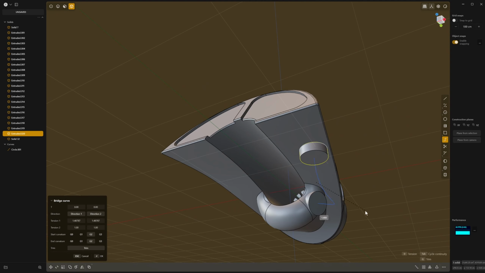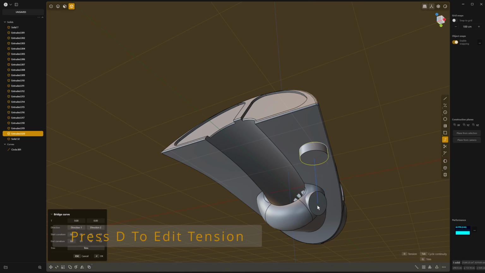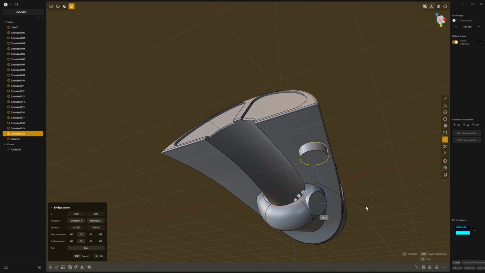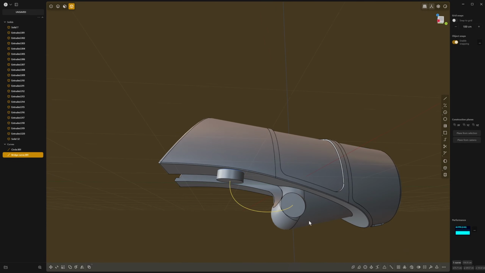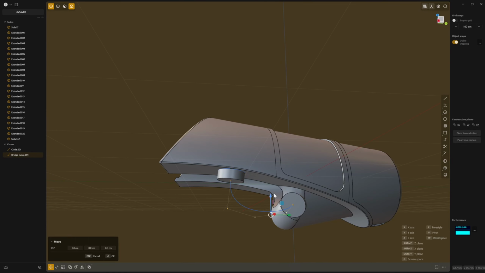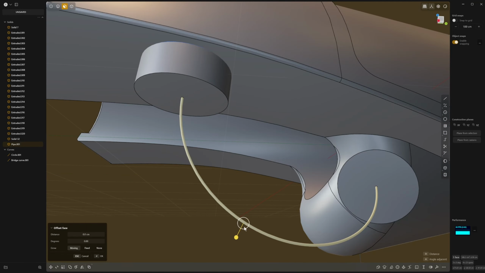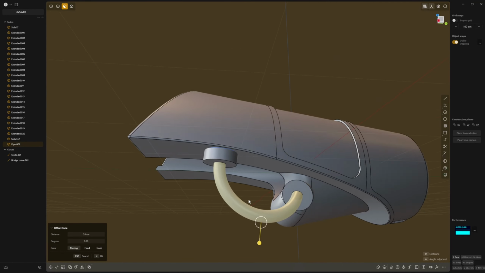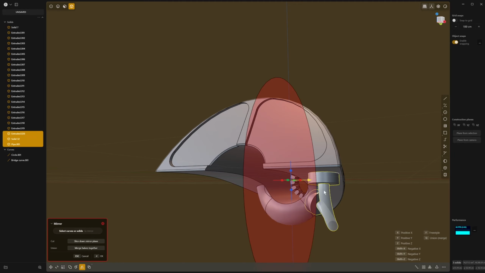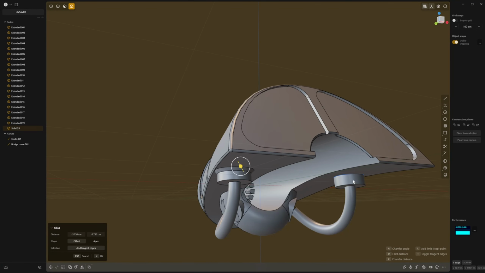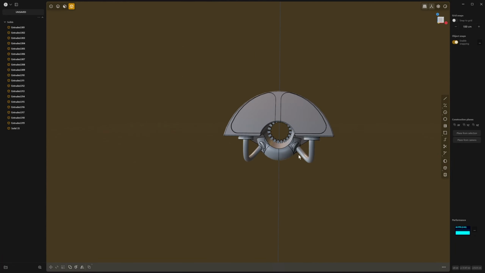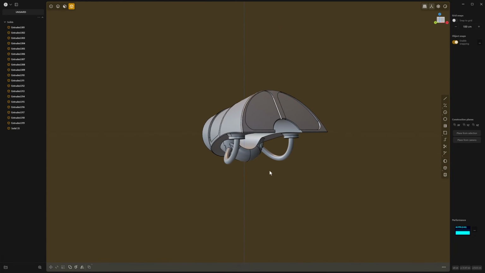Okay, and then we can take a bridge curve and we can mess around with that like so, and then we can subdivide it. We can pull this down if we like, make it hang a little bit lower. All right, and then we just need to click P on that, and we've got a pipe. And very quickly we've built up a